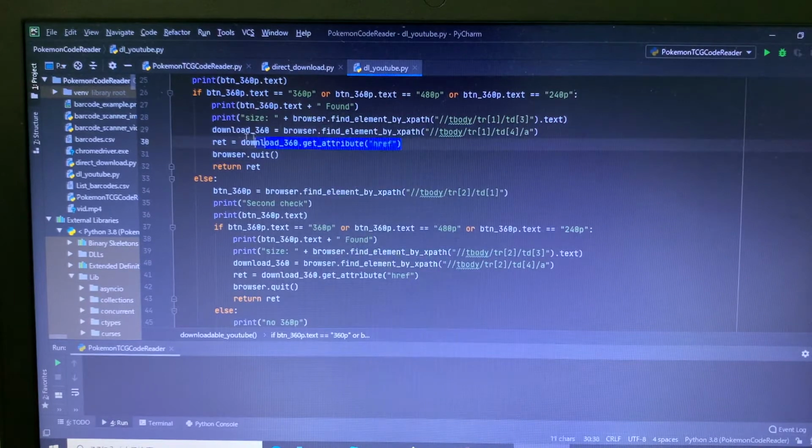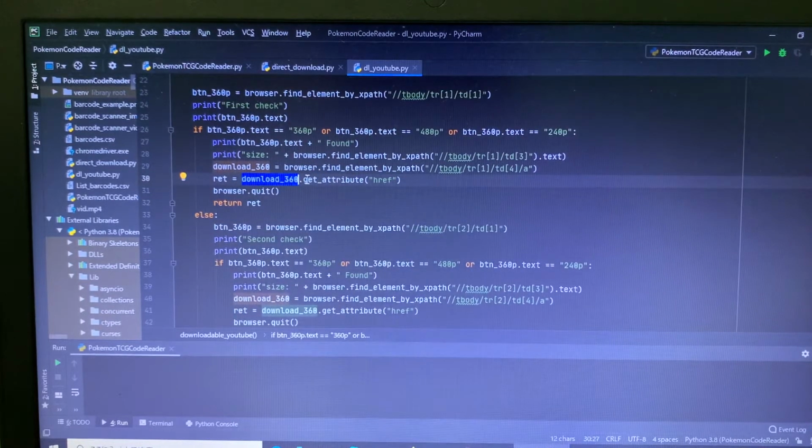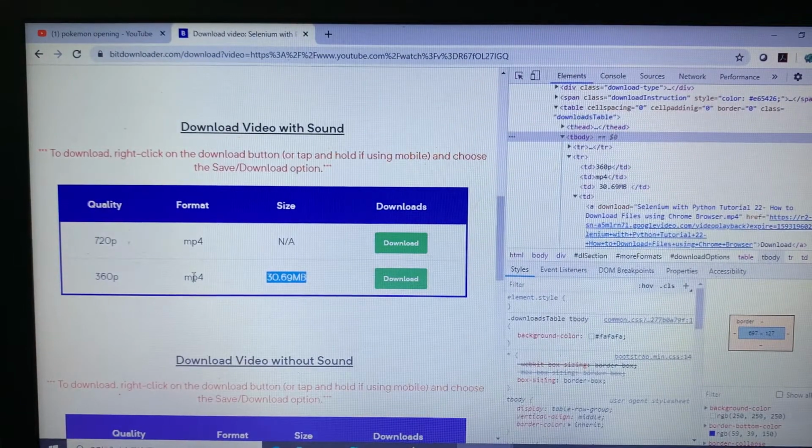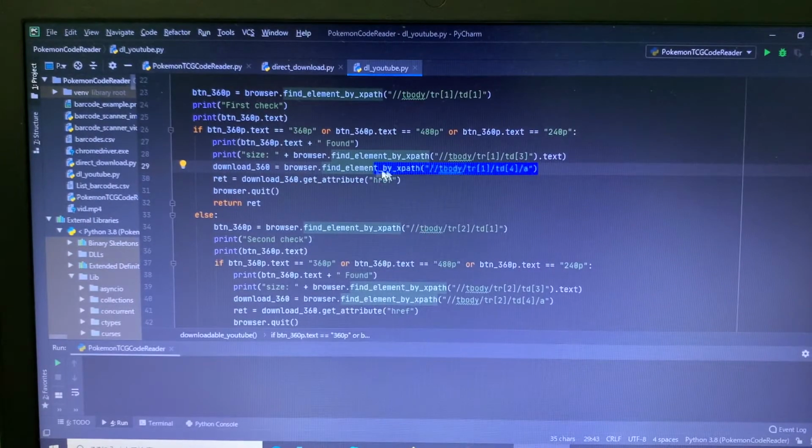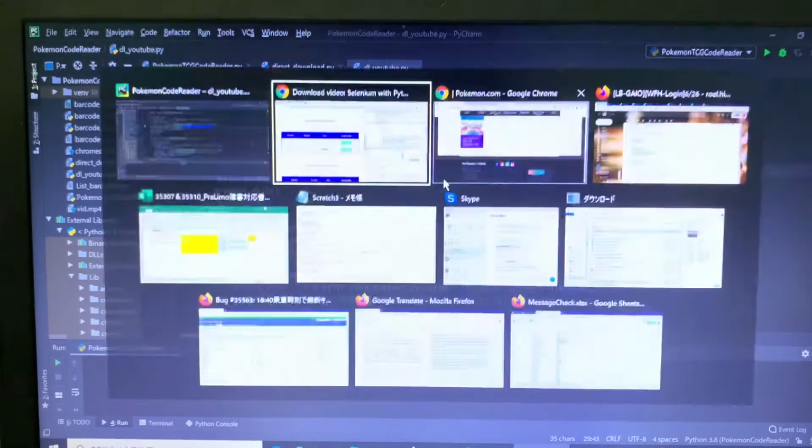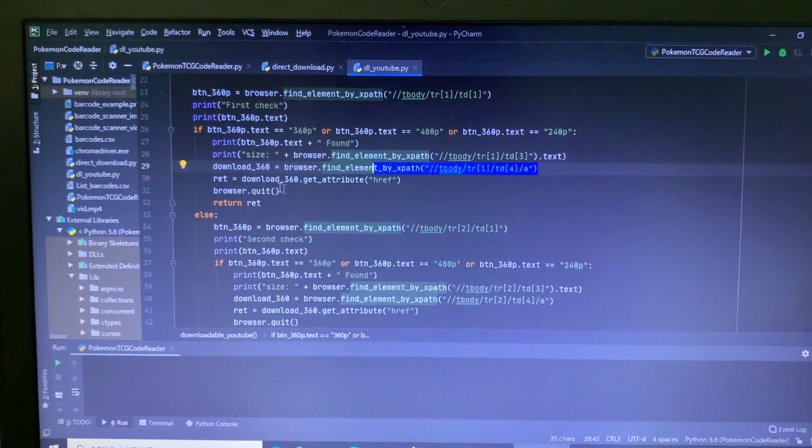And then what we need for the download link is this one, get attribute href of the download 360. So here download 360, we get this path. This is number 4 now, so this is the 4th element. There we have 1 2 3 4 TDs, so the 4th element is the download one. So we got this first, we got the 3rd and the 4th. We will search its attribute href, so the link, and we're gonna put that in our ret variable, and then